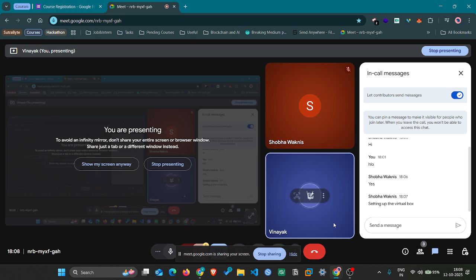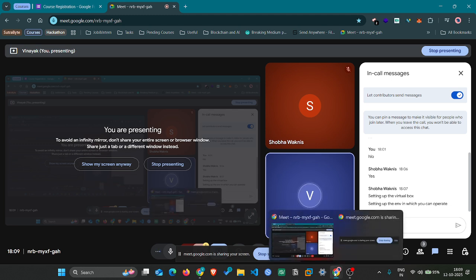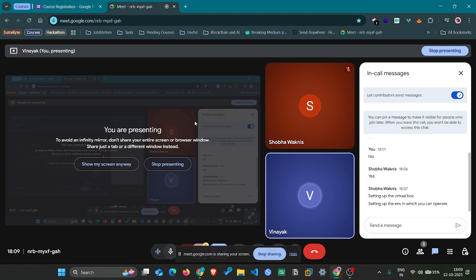See, Shobha, lab environment is not setting up the VirtualBox. It is about setting up the testing environment to test the system and the vulnerabilities. The lab environment means a separate box or a separate machine to test the things you want, which you can't perform on the main operating system. Okay,